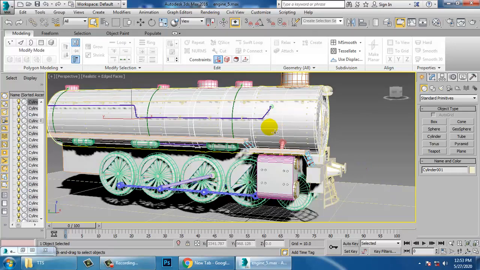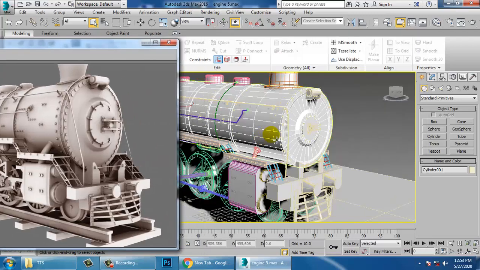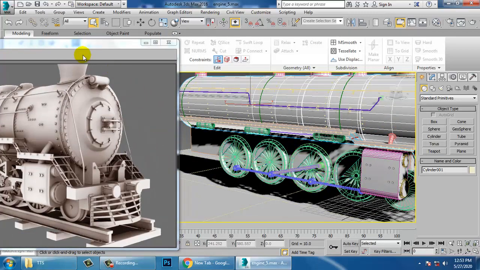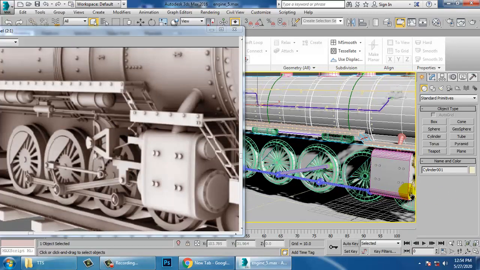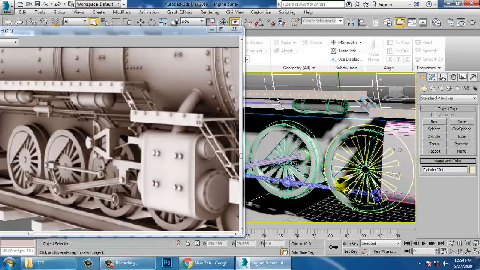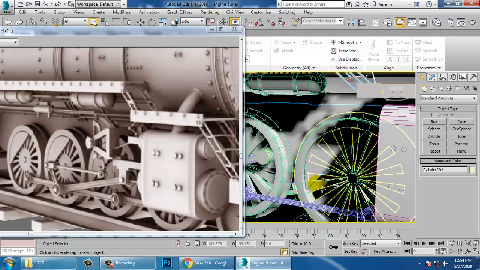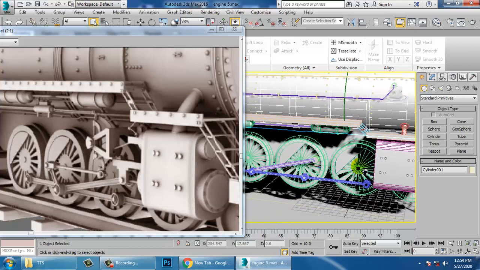As we have done the modeling till here, let's continue it. Now what I'm going to do over here is create one more part, this part.